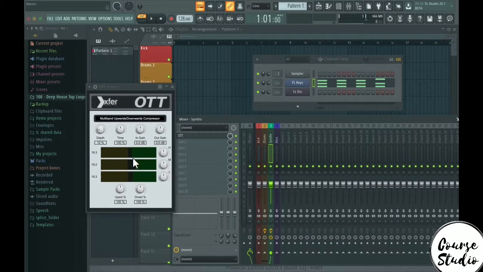But it's a multiband compressor and it sounds awesome. So I think it sounds best when the depth is set around, let's say, a quarter here. And you can use this on almost